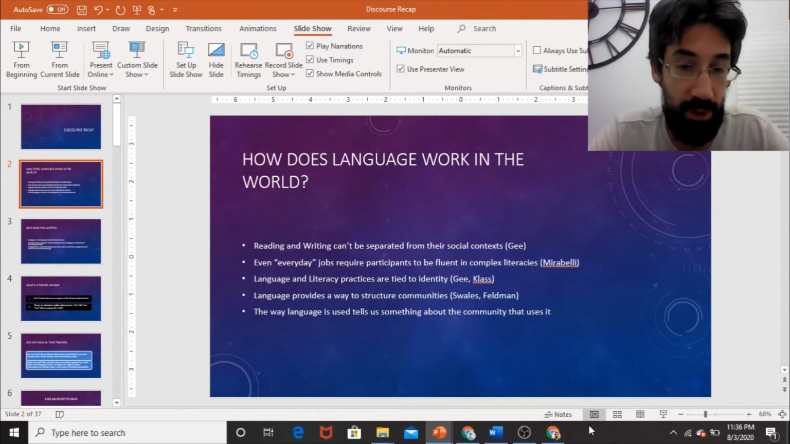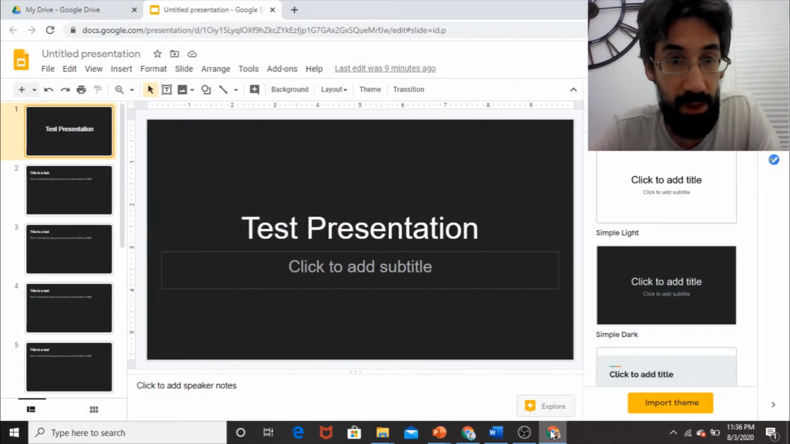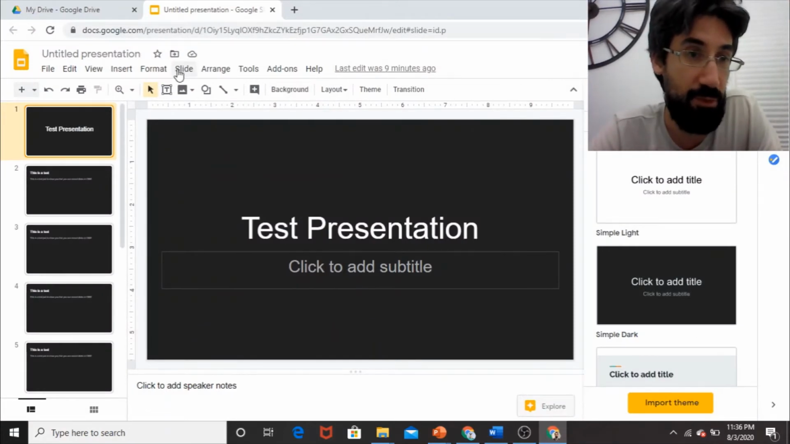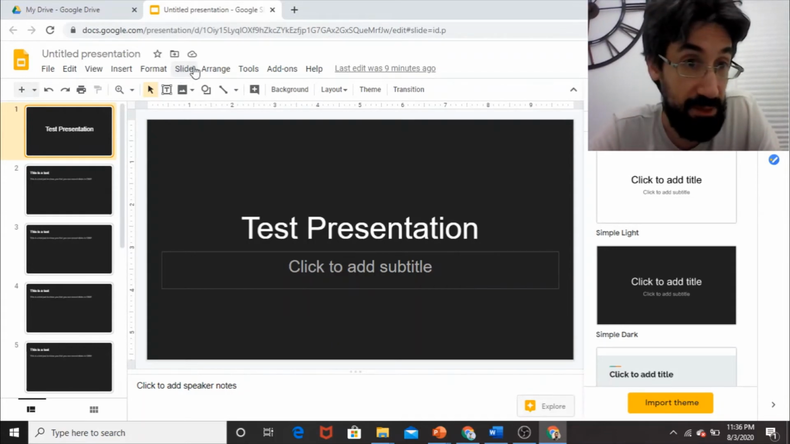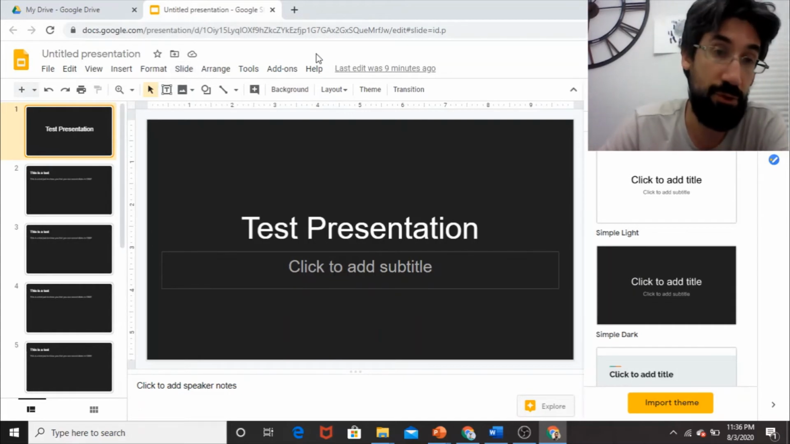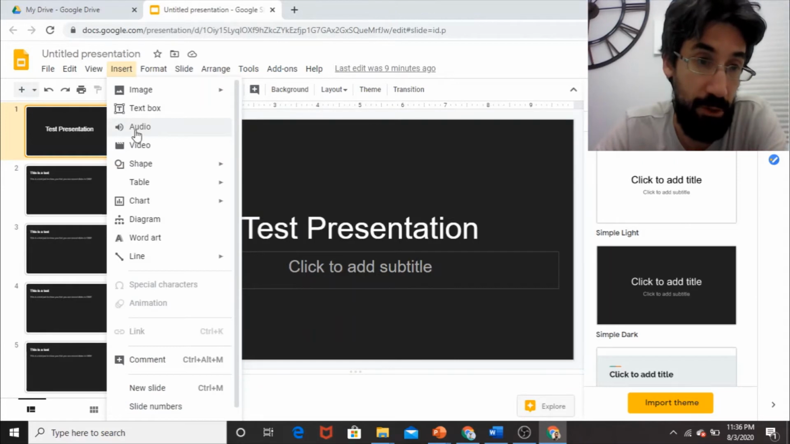I'm going to show you one other option. There's no real good way to do what we're doing in PowerPoint in Slides right now. It's just not that kind of a program. But there are some things that you can do. One thing you can do in Slides, as an alternative to recording the audio the way you might with OBS or PowerPoint, is insert audio. If you go to insert and click on audio,